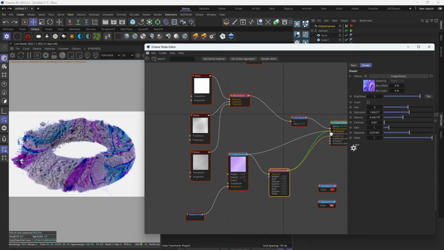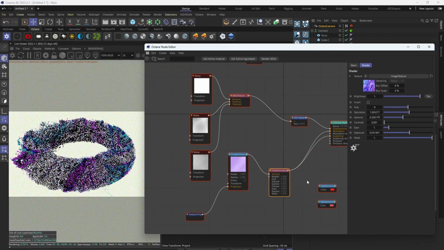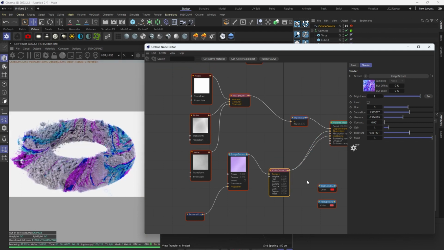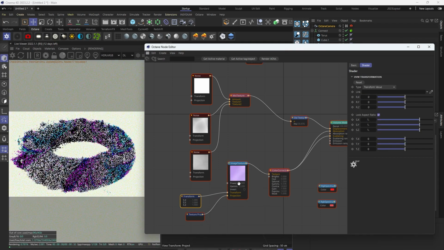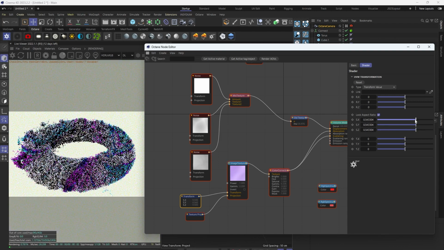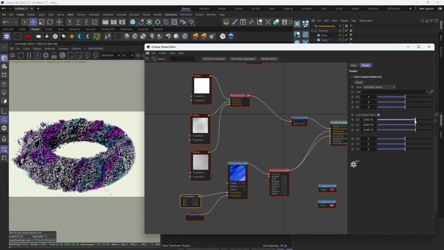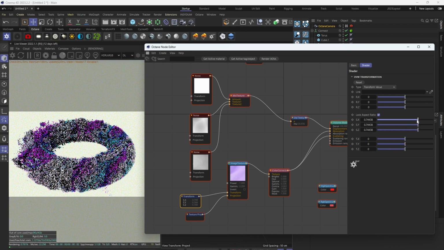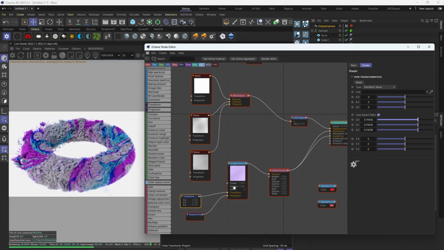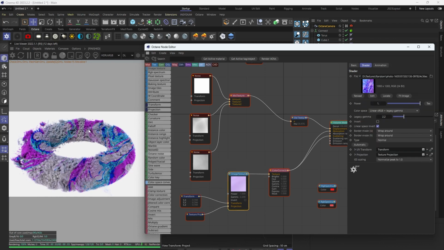Let's see, what if we drop this in here also? How's that look? Sure, whatever. And also, of course, we can do a transform and adjust the scale. And hopefully, this is all. Let's not get carried away with this part. But what you can see is that now we've colored this with a texture,